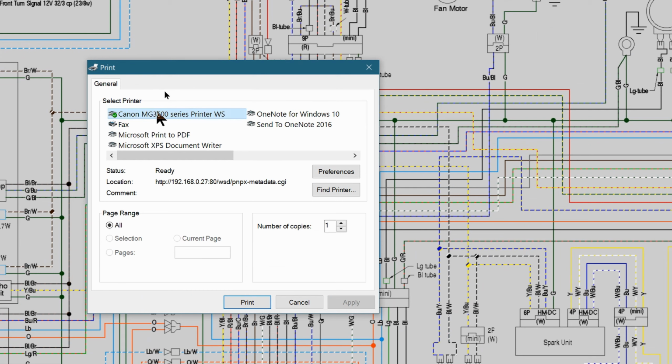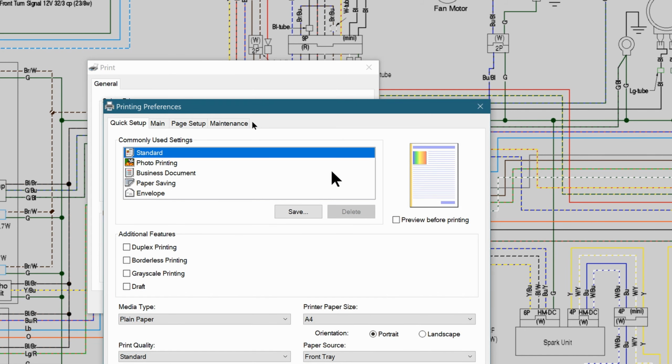So there's my printer. And it's from here I tell it to print over 2 pages. So I'm going to go to Preferences, Page Setup. I will be using photo printing really. What I will be doing ultimately is printing this onto glossy paper, photo paper. But for now, as a quick demo, I'll be going to Page Setup,